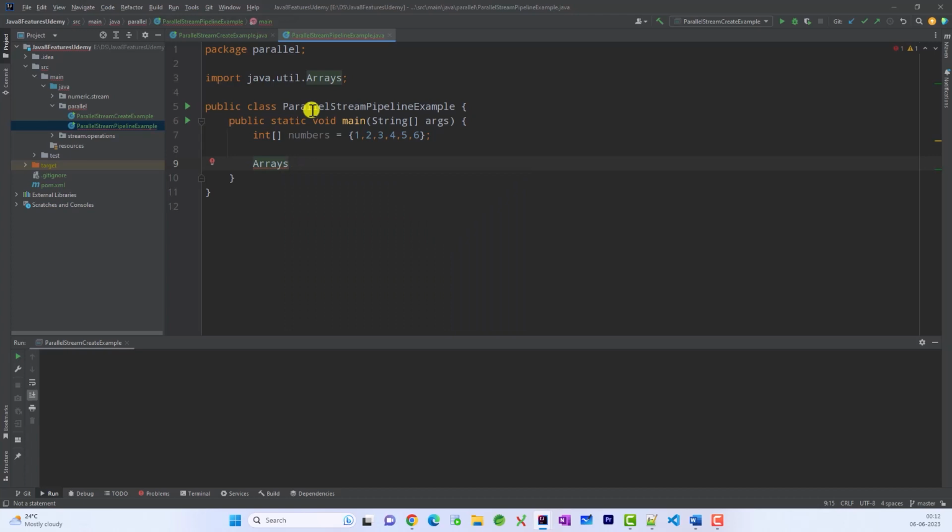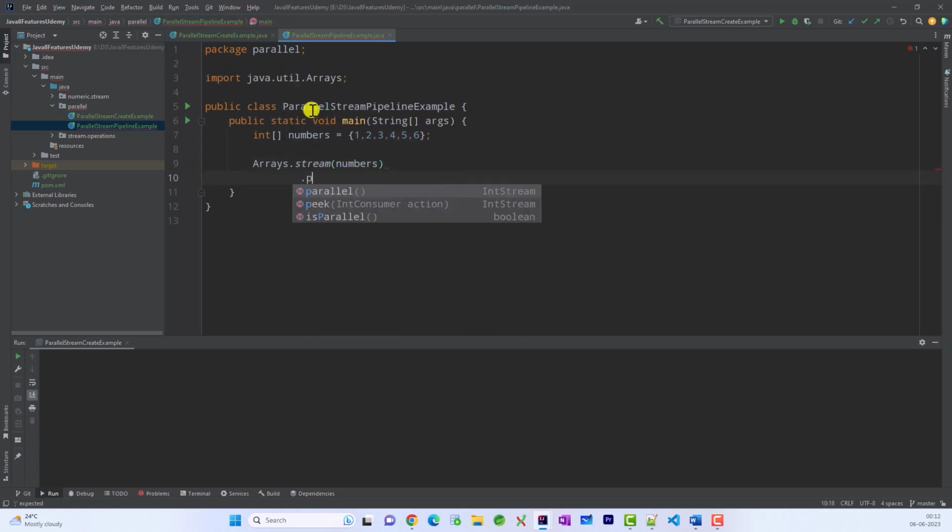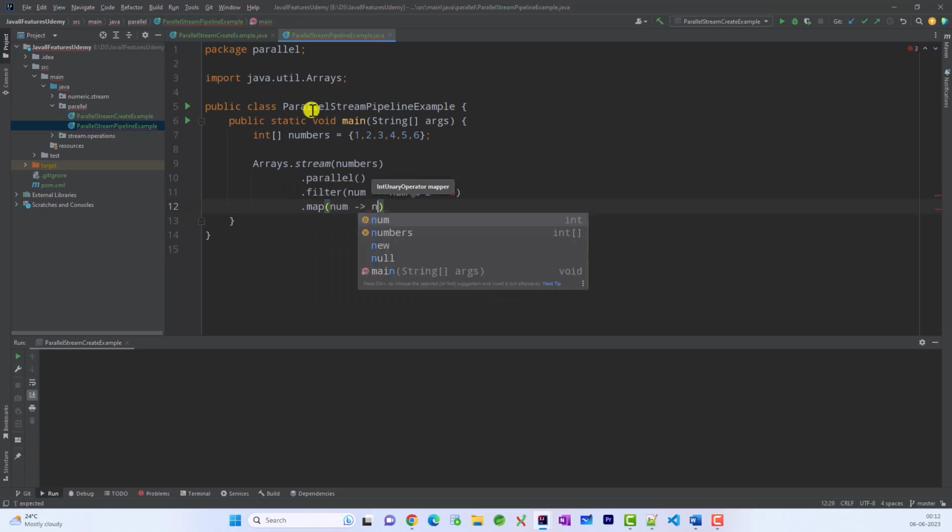Arrays.stream and then pass this. So we have converted it into a stream, and then call parallel to create the parallel stream, and then filter. So basically we are going to do the chaining now. Num, let's filter out all the even ones, and then let us also double each of the numbers which are the even ones. So num into 2,